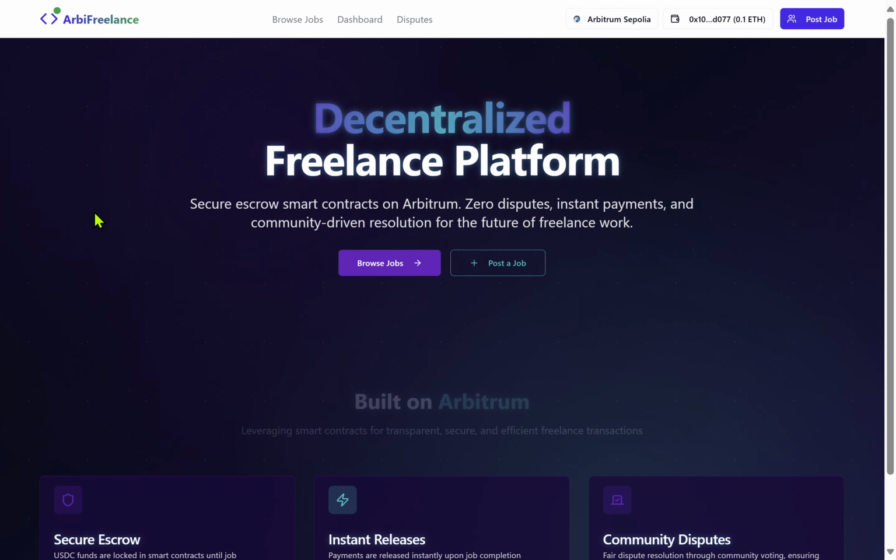Freelance. This is a decentralized freelancing platform built specifically for the Arbitrum ecosystem that fundamentally transforms how freelancers and clients interact in a global gig economy. It leverages Arbitrum's fast and cost-effective layer 2 infrastructure.